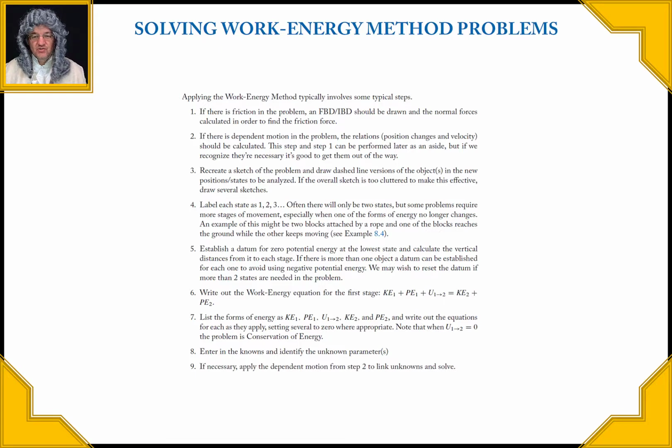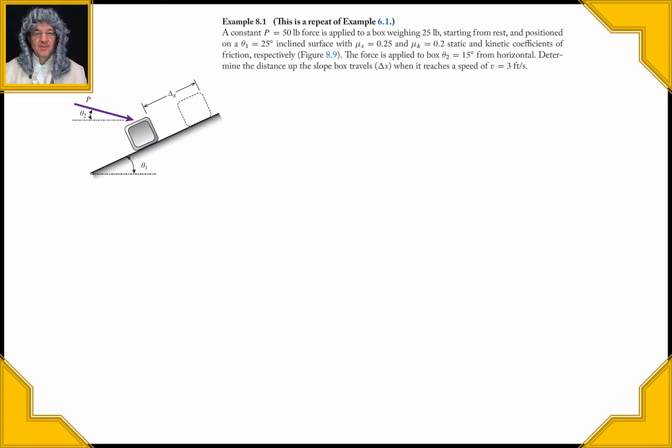And you might need to go from step 2 to link the unknowns. Sometimes there'll be extra equations that you're going to need, so that might be what happens in step 2, right? And if necessary, you might need to repeat steps 6 and 9 for additional states that happen. Okay, so here is a problem that's the same problem as we did in class 6, where we have this block